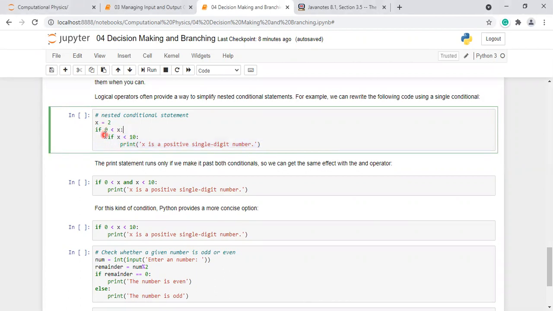So is this condition true or false here? x is equal to 2. This is true.